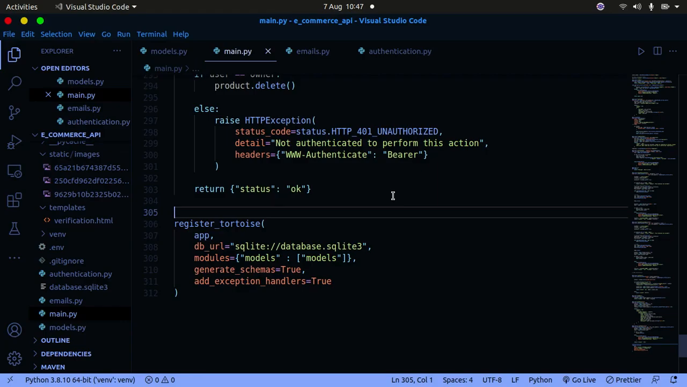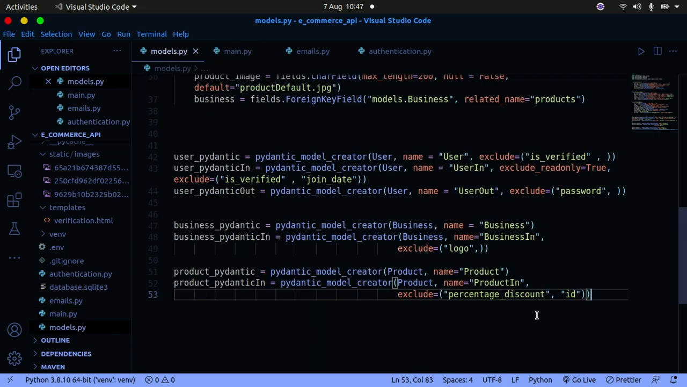So in this tutorial, we're going to write the update functionality to update the different products and also the business profile image and business profile details of the different businesses on our platform. So let's get started. Before we do that, let's just go into our